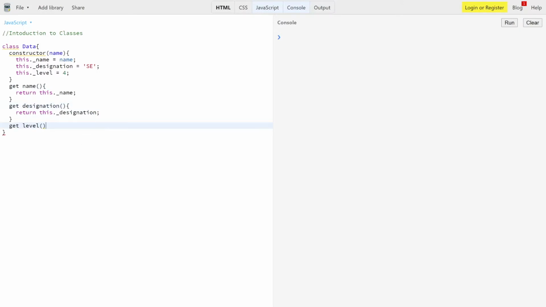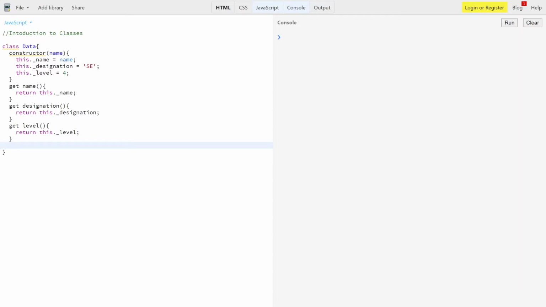We are using camel case over here. That means only the first word starts in lowercase. For example, we have something like this, I am Hari. If I want to write it in camel case, I write it as i, then the a of am will be capital, so aM, and the H letter will be capital, so Hari. That's how camel case works. So I'm using camel case over here. So we have written return this dot underscore level. Okay, and then our getters are complete.